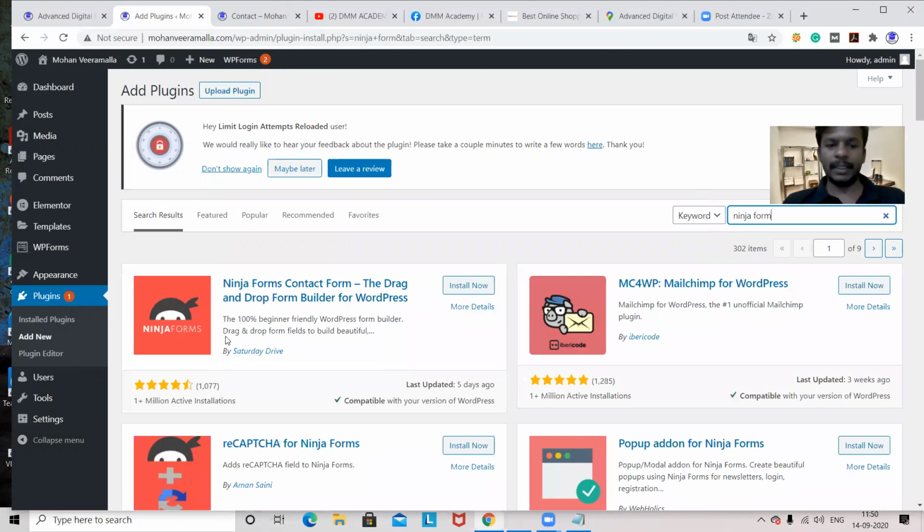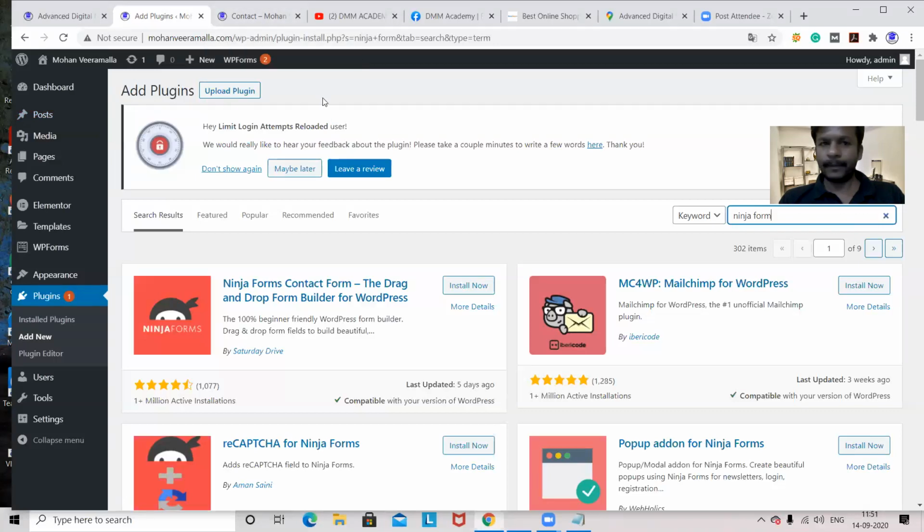Yes, this is Ninja Forms. You can see this 1+ million active installations. See, why are we discussing Ninja and these plugins? See, these plugins you have to keep in your mind every time. For example, you got some project, automatically you have to think, yes, I want a contact form, and simply I'll select this plugin. If you are searching at that time, it will take some time to design a site. So make sure that you use these plugins regularly so that your work will be done easily.